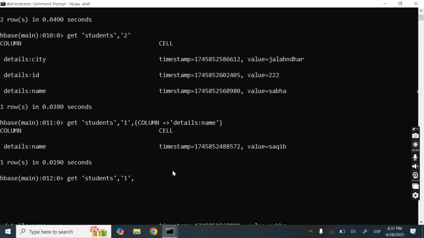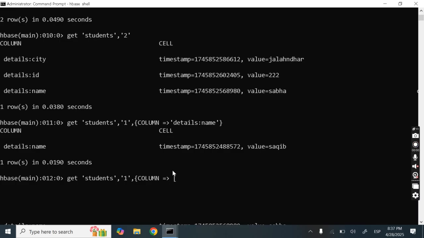Comma, then we have to mention the column, column equal to,